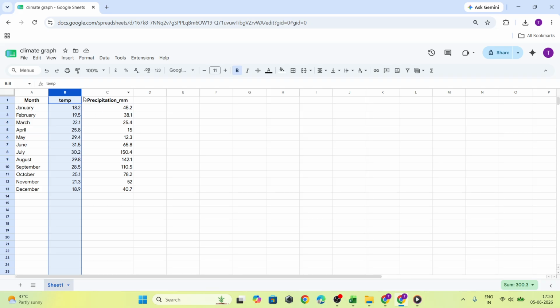In column C, enter the average precipitation amounts, using millimeters or inches. Keeping the data tidy and labeled properly will make the chart much easier to build and read. Once your table is ready, highlight the entire data range, including the column headers. From A1 to C13, this is important because Google Sheets uses those headers to identify each data series correctly in